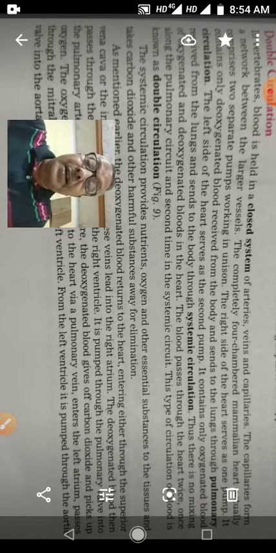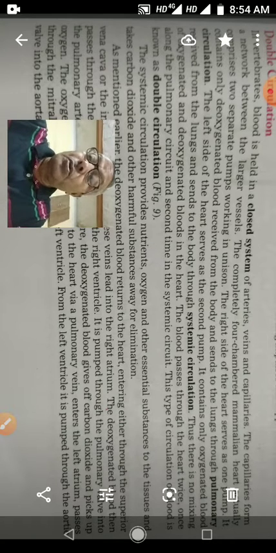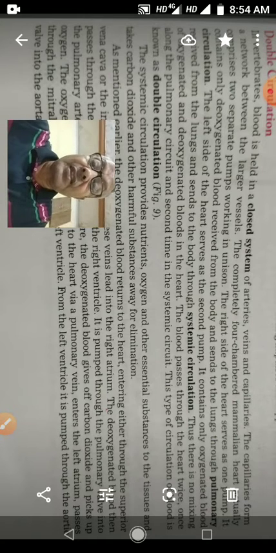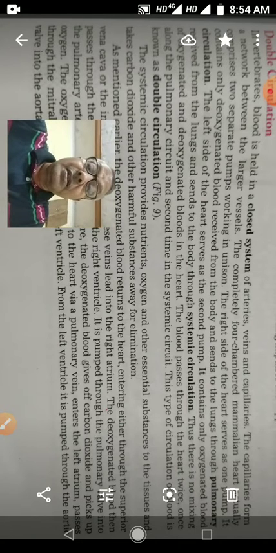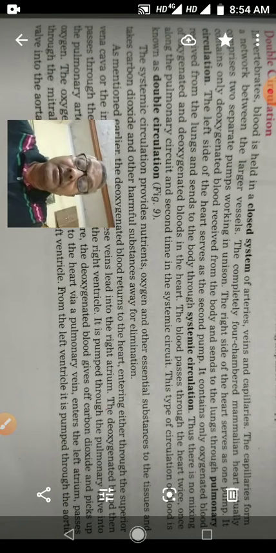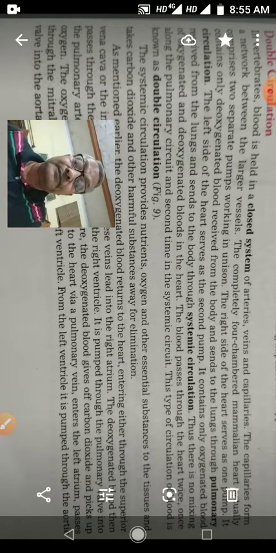The circulation of blood is rapid and with high blood pressure. So, in the closed circulatory system, the heart is pumping the blood through the arteries. Again, blood is flowing from the arteries to the capillaries, then capillaries to veins. Again, veins bring back blood into the heart.